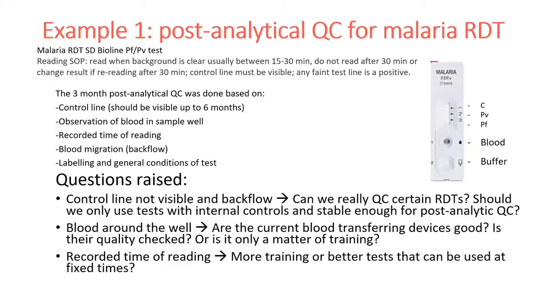The other thing that we observed is that although it was explained that the reading time really depended on when the background was clear, in fact, the vast majority of the health workers would read the test either at 15 or 30 minutes, which wasn't bad, but it also gives an insight into what it means to let the health worker choose the time. In fact, it seems that they don't want to choose the time. They want a clear indication of when the test needs to be read, which means that we also want to employ a test that is very solid and can give accurate results at a fixed time. Next slide.